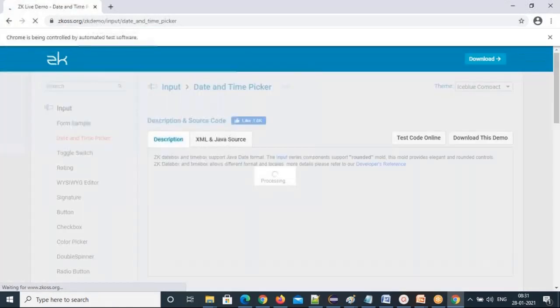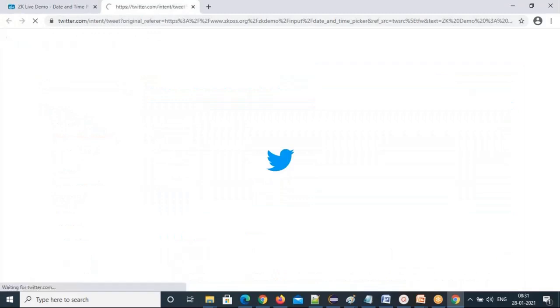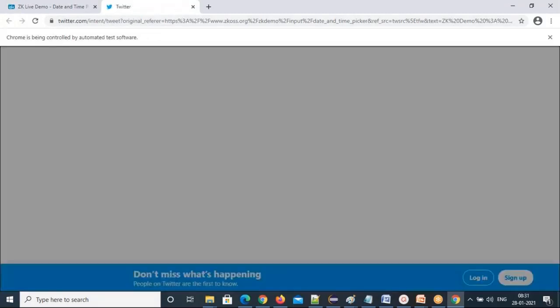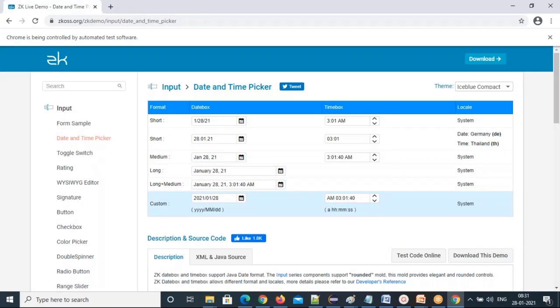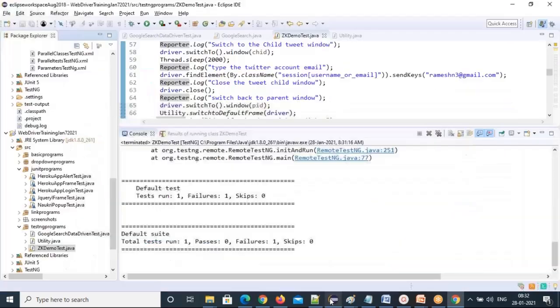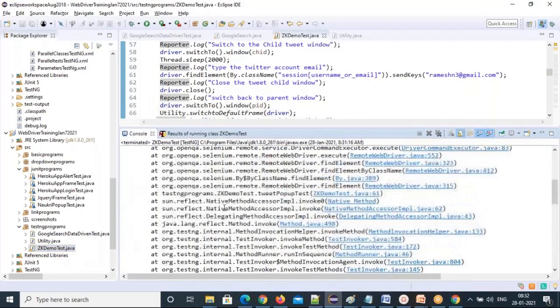See, it is navigating to date and time picker. So tweet is opened. Okay, failed. It didn't type. So let's see what the issue is. Failed.